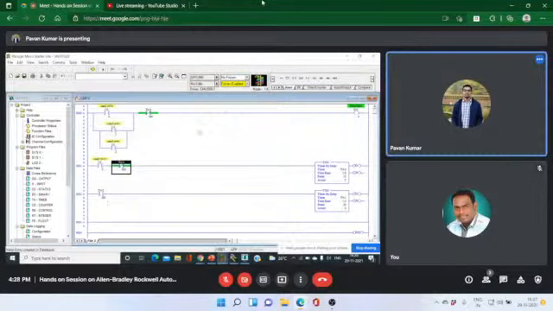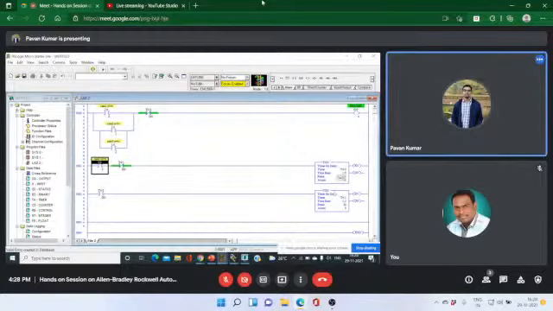I have given this address because at a time we have to give one timer as an input. So in this case, this one goes on, it automatically allows the power supply, and the timer is on. And after the timer is on, this one goes on, and in both ways these two are on.